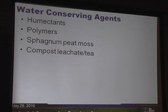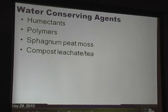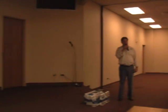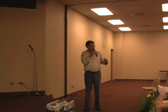Potting soil. So I was talking to Roberta and Bob this morning for any other ideas that they may have. And they have several different products that they use. But you know what Roberta says? The best thing for a container to reduce the amount of watering times is just put in